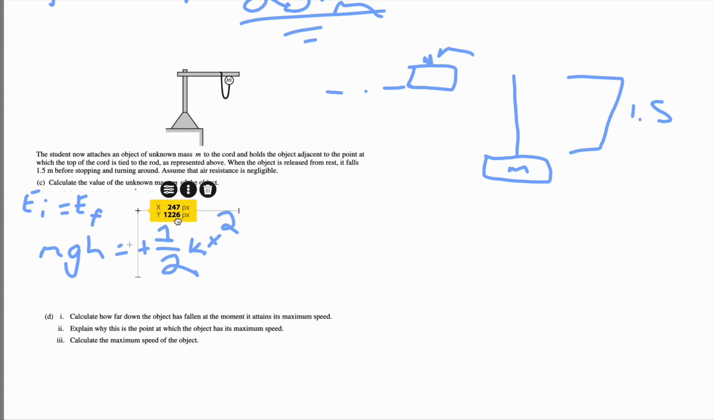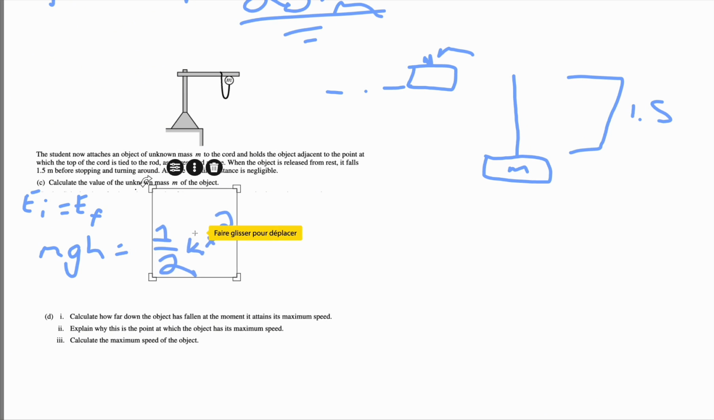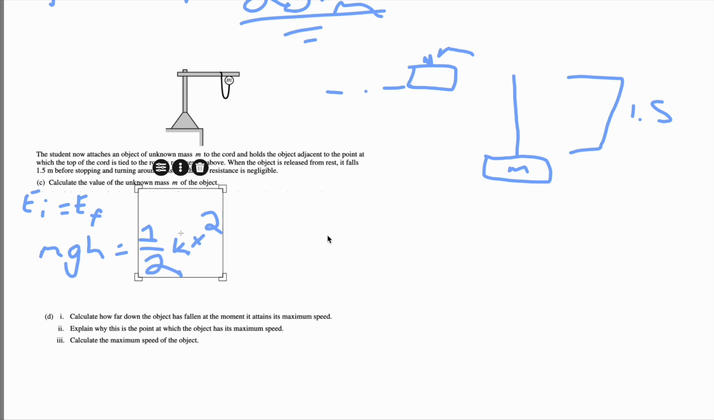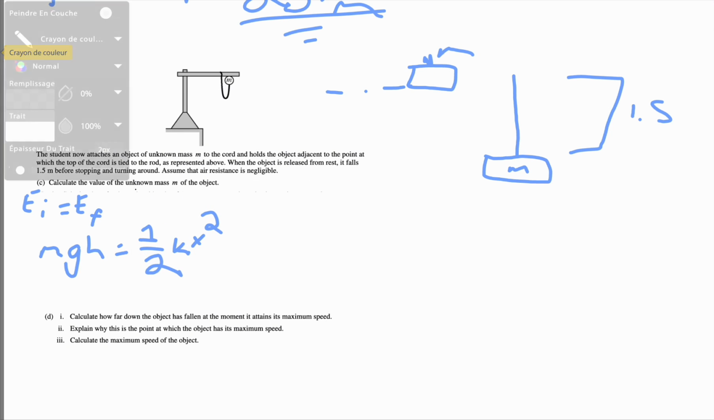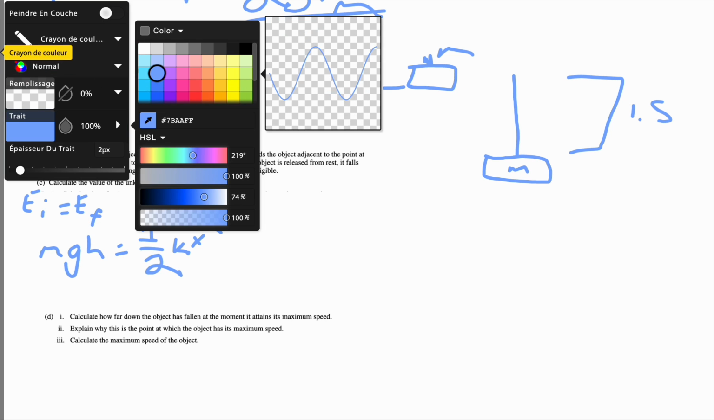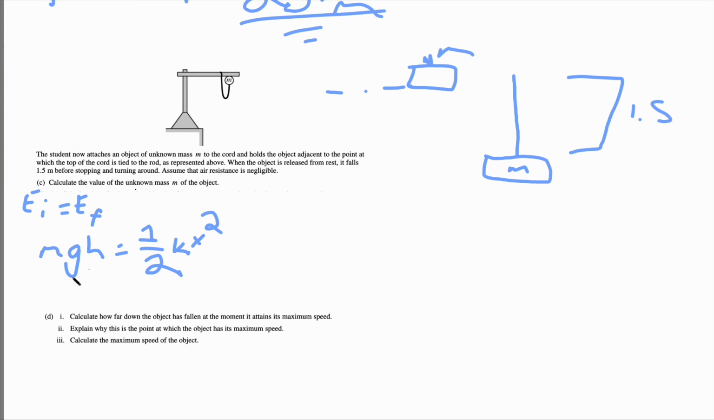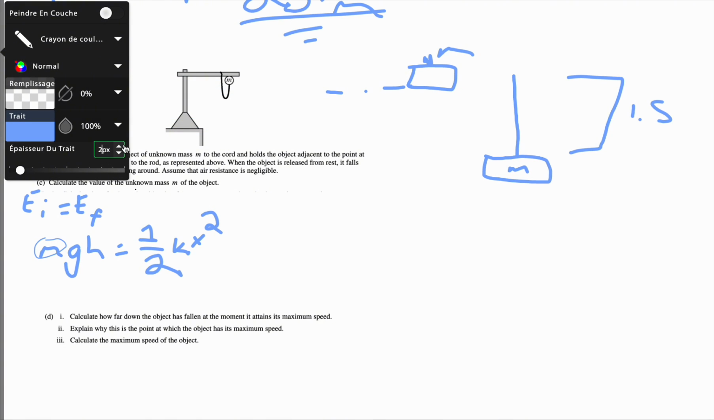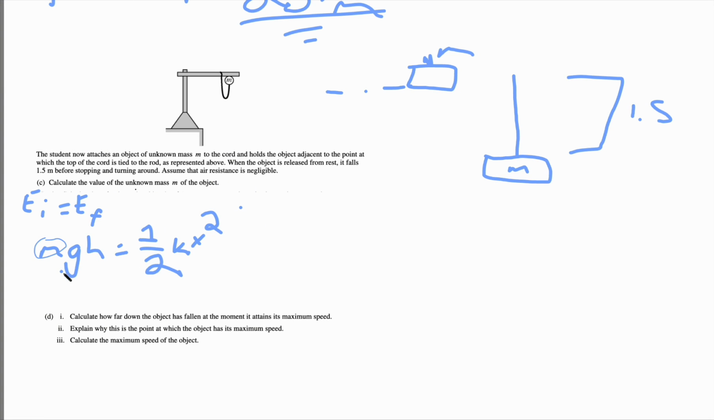Leaving us with just this. All we have to do now is plug in. Oh, shoot. Sorry about that, guys. Isolate for M. Let's make this a little thicker. So we have